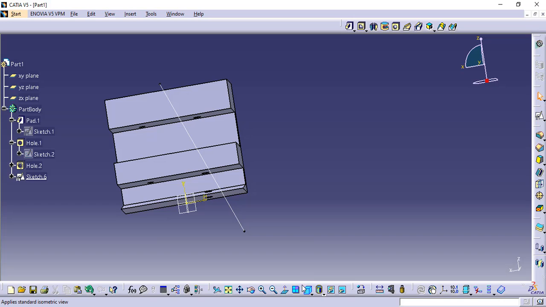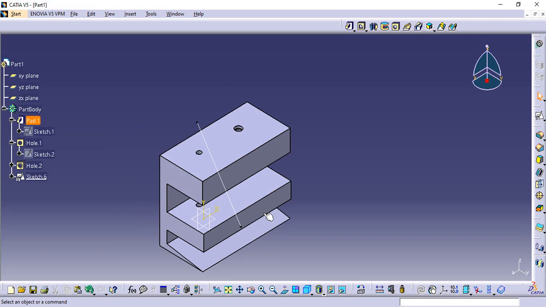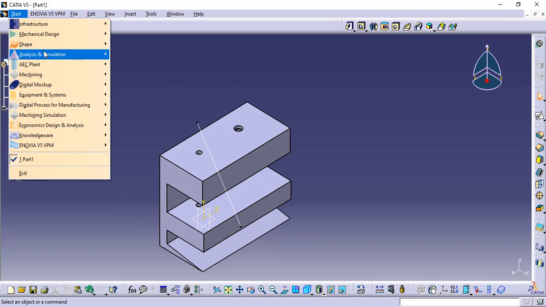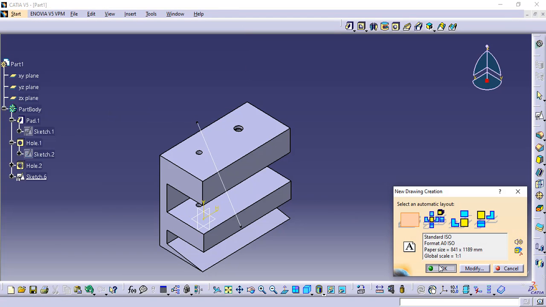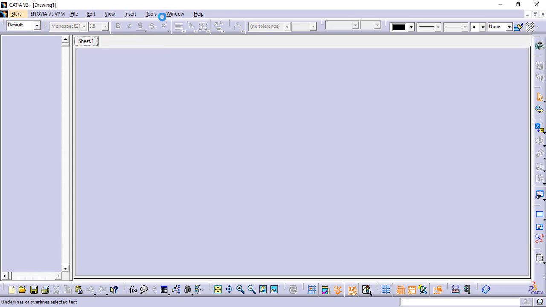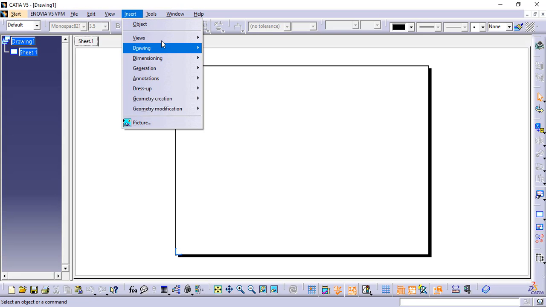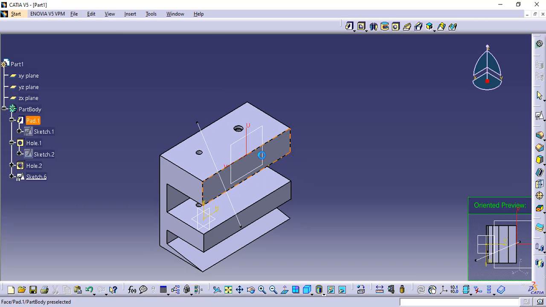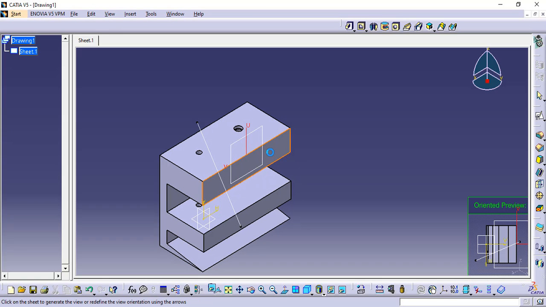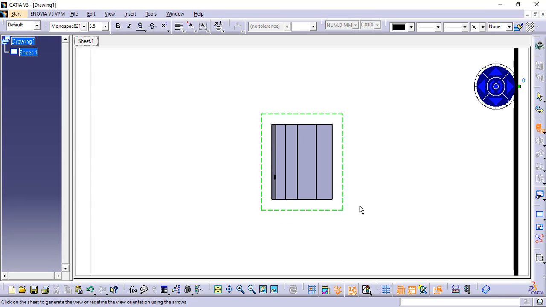Now I'm going to take you into the drafting workbench to show you the thread definition. Mechanical drafting. When we discuss the drafting workbench, I will explain all these things to you.